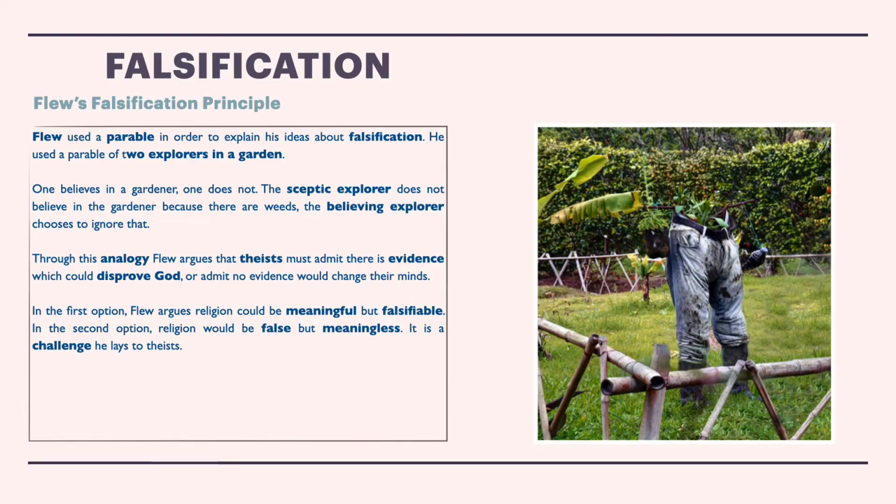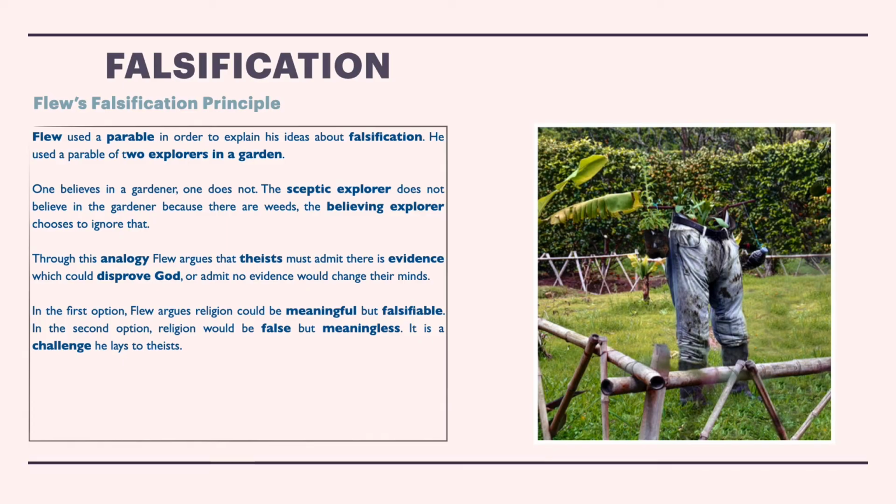Now, in the first option, Flew argues religion could be meaningful, but falsifiable. That's because if you can falsify something, it's considered meaningful. This isn't, by the way, about whether you can prove something true or false as such. It's about its meaningfulness. In the second option, where you admit no evidence would change their minds,